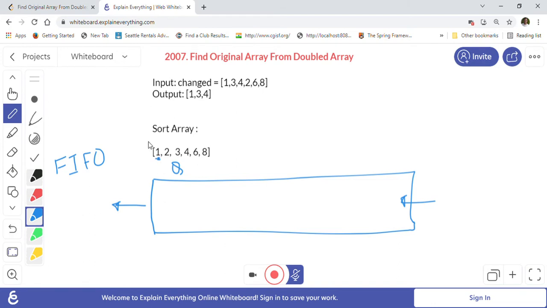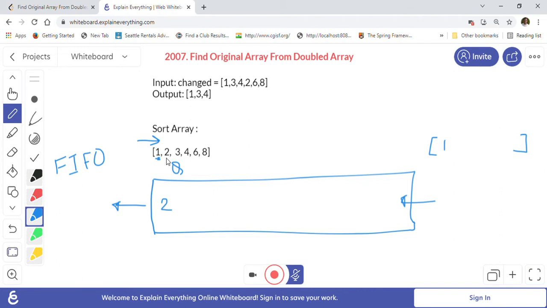We are going through this array one element at a time. So we are looking at the first number, 1. The queue is empty at this time, so in that case we will insert double of this number 1 into the queue. The double of 1 is 2, and then we will take 1 as our result. In the answer array we will insert 1 here. So that's what we will do.